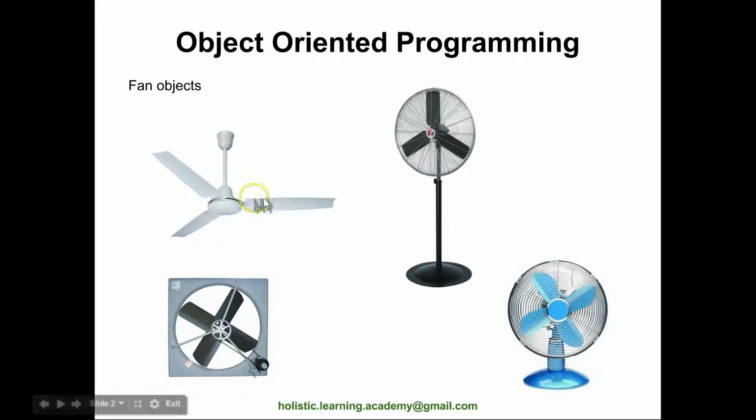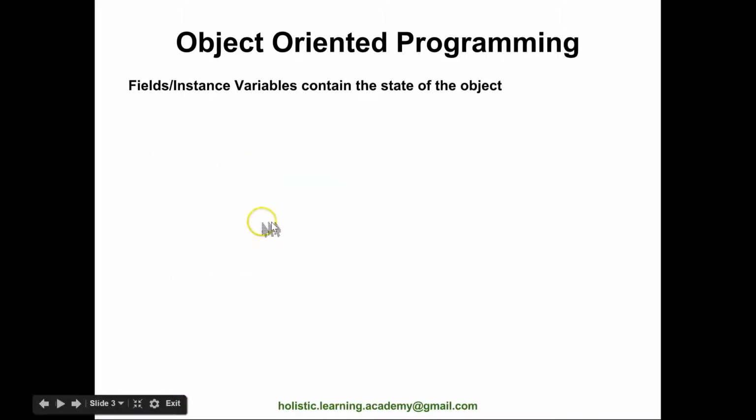Similarly, this fan could be manufactured by some company. Technically, it's not a state of the object in the sense of its work, but it's also another attribute that is associated with this object. So each one of these objects we can think of as having states, and these states are represented by the fields or instance variables. Okay,